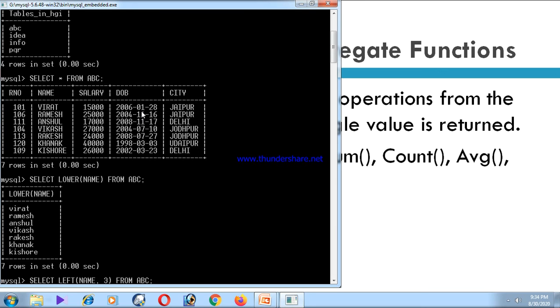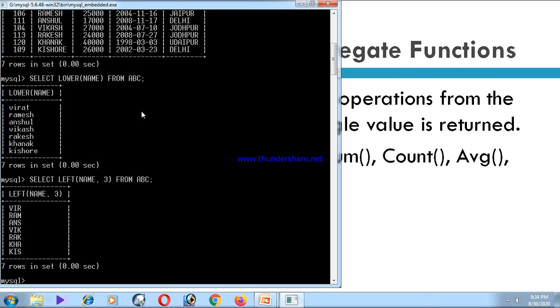The name column contains some names of the students, right? Name, comma 3. 3 means if we apply this command, just check the output. The first 3 letters of the name column will be there on the monitor. The first name is Virat, so VIR is there. The second name is Ramesh, you can see it on this monitor also. The second record is of Ramesh, and you want to show only the first 3 alphabets, so RAM is there. It is the left function.